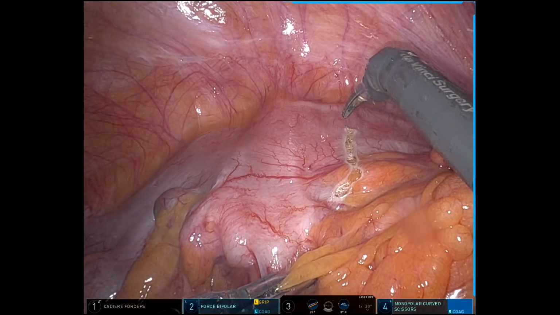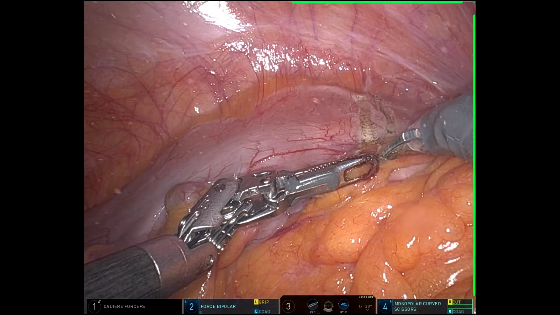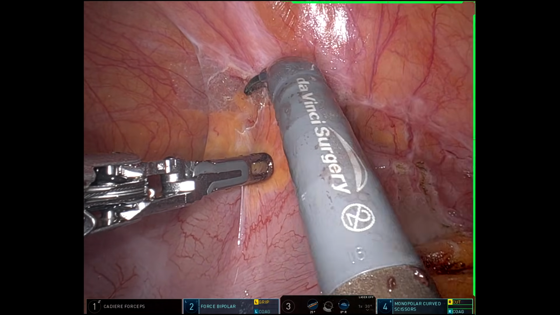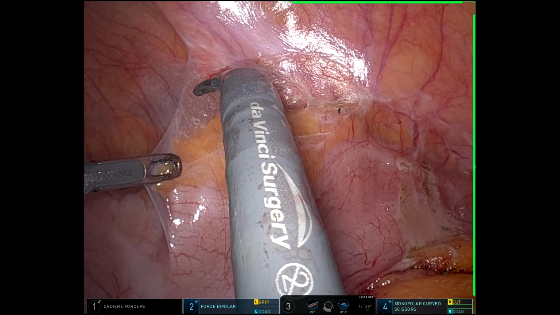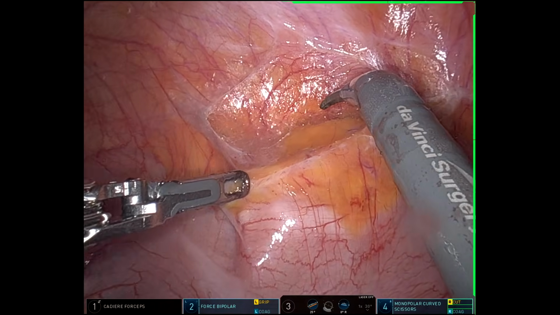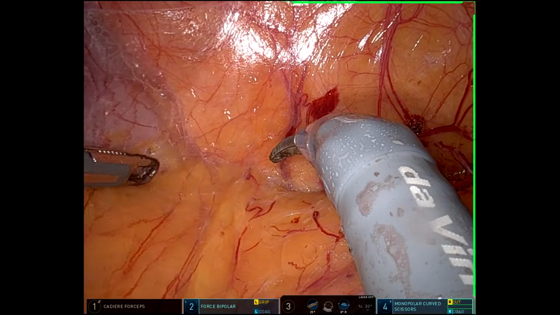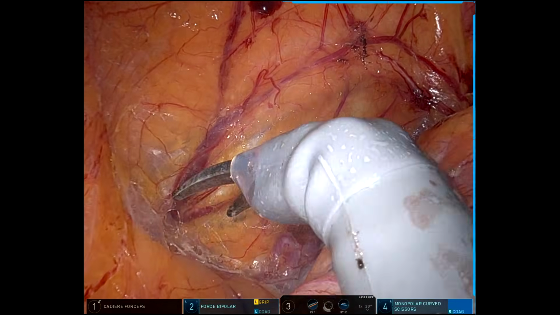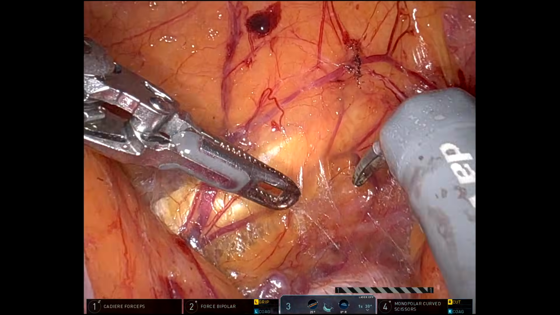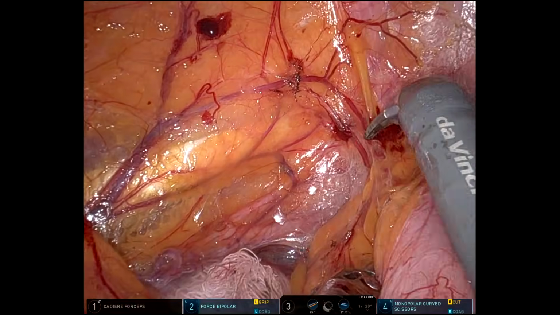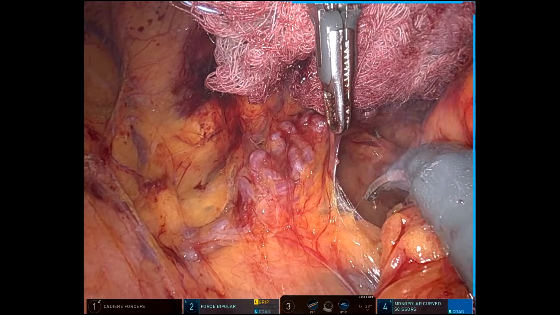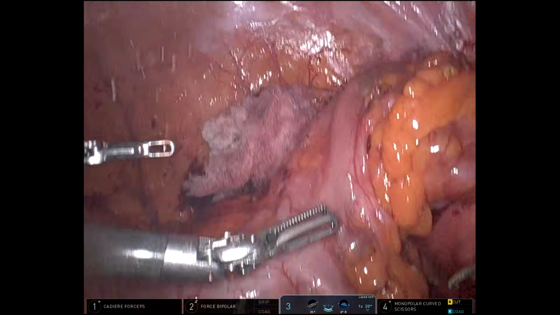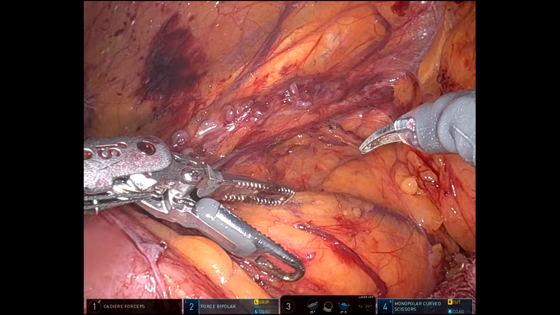I've been working with some GYN fellows recently, particularly for cases in the deep pelvis and with some natural orifice extraction. So I have my fellow working here doing some lateral dissection. And we'll go ahead and come down onto our sponge. And you can see how that's so helpful so that we know that we would never have got to our ureter before we would have seen our sponge, even without the ICG. And we'll continue to do some of that dissection. I don't show a lot of the lateral mobilization,